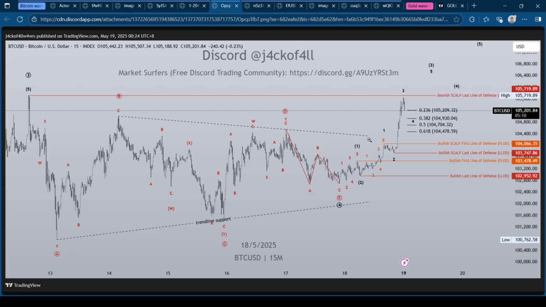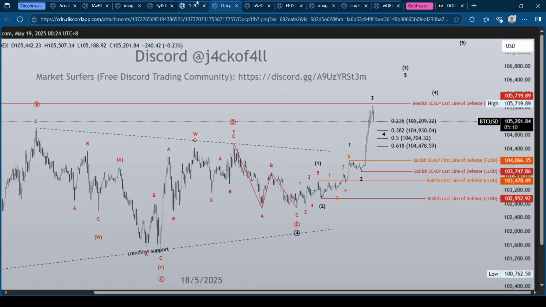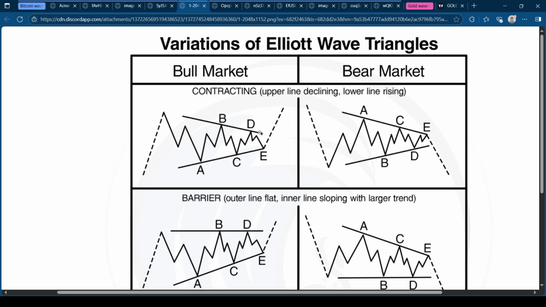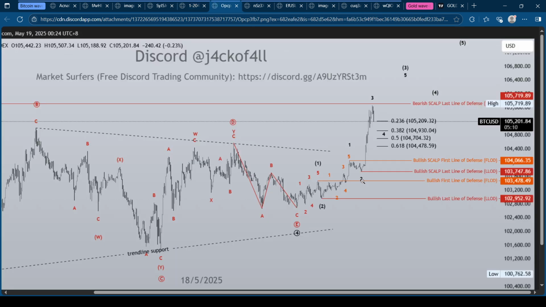Now going back here, after the confirmation of the breakout here, this is what I said a while ago. For breakout traders, they will wait for it to break, to do a breakout. Once there's a breakout, they will try to catch it after the retracement. And that's what happened here. After the breakout here, they will catch a possible retracement here. So this is 1, 2, 3, 4, 5.